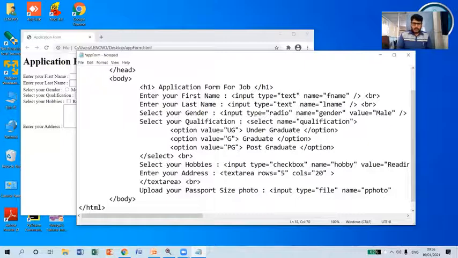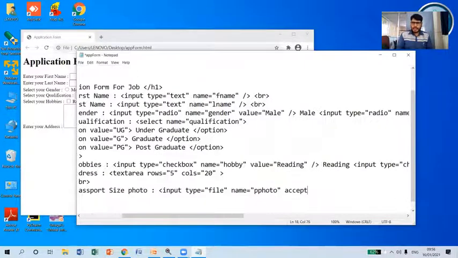So type is equal to file, and also I need to use the accept attribute. What kind of file does it have to accept? It has to accept image slash anything, any format which is related to image. And I need to close this input tag here itself. And after this, let me include one BR tag.